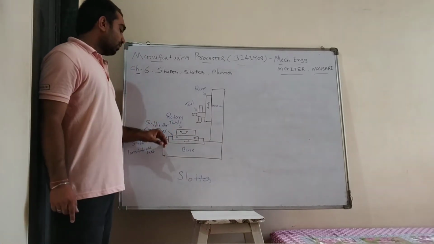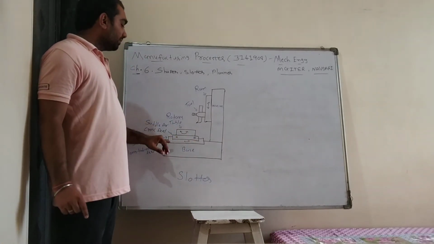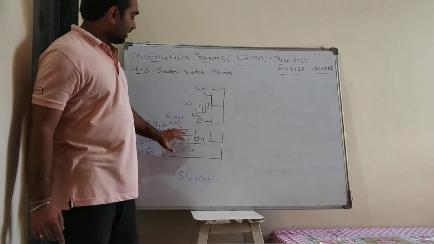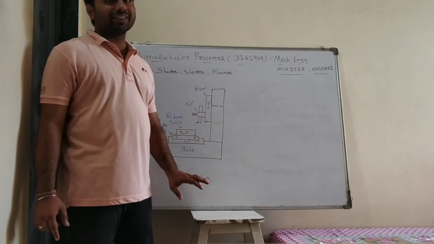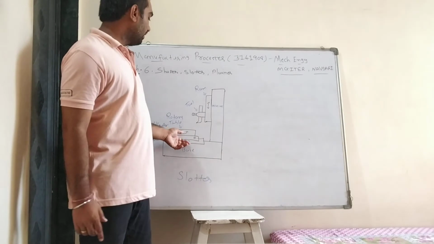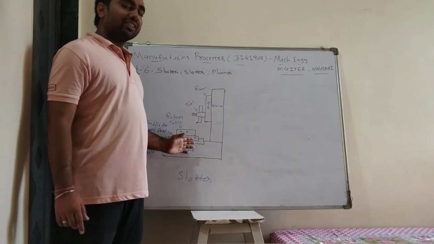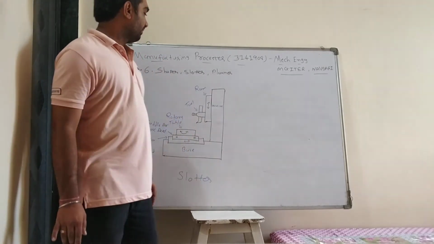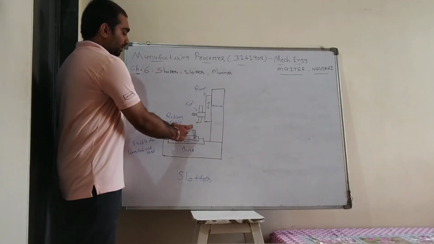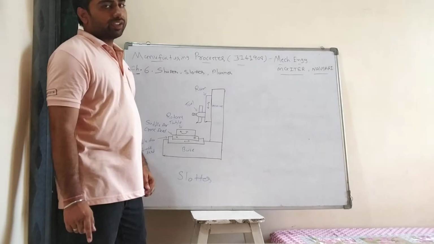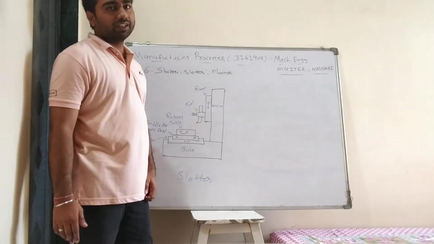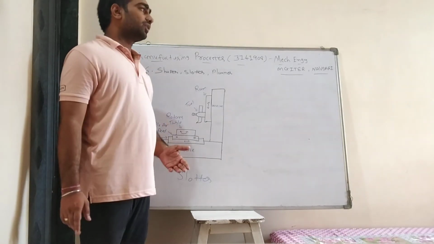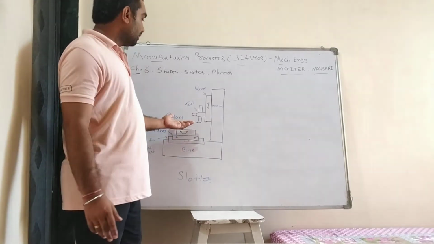this is the saddle, which moves to the left-hand side and right-hand side, and it is fixed according to the shape and size of the workpiece. To change the rotary table and saddle depends upon the workpiece shape and size. First we fit the workpiece to the rotary table with a fixture. There are different fixtures available in the market, suitable for the workpieces used.